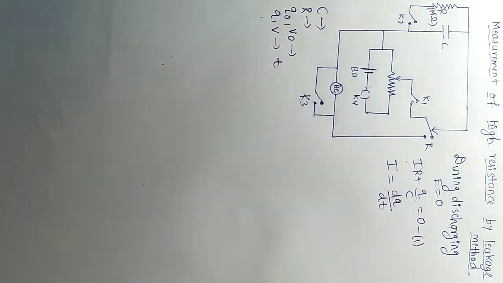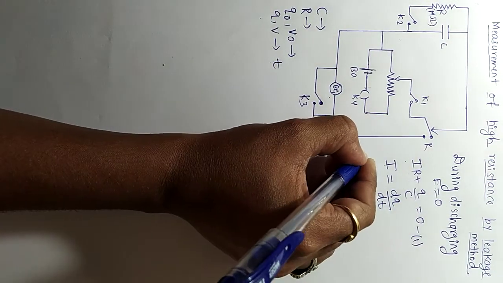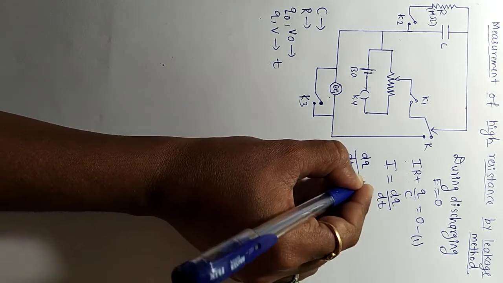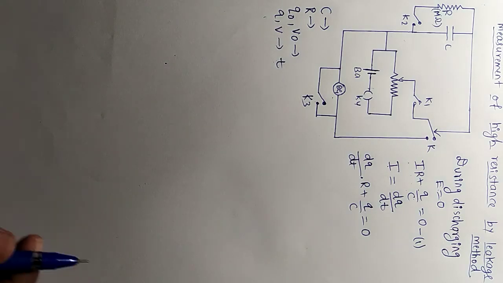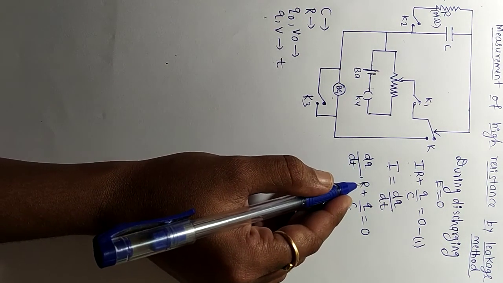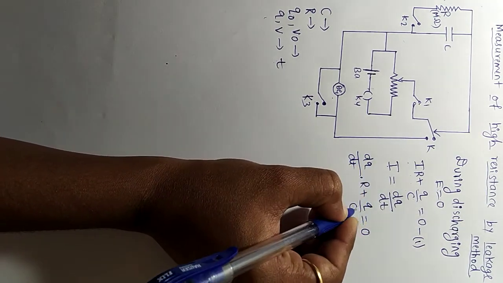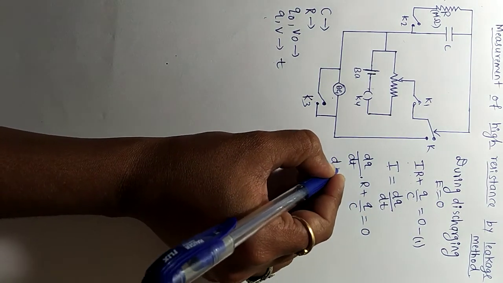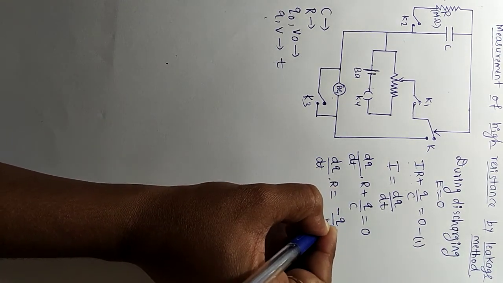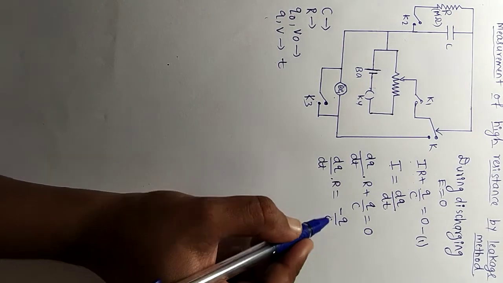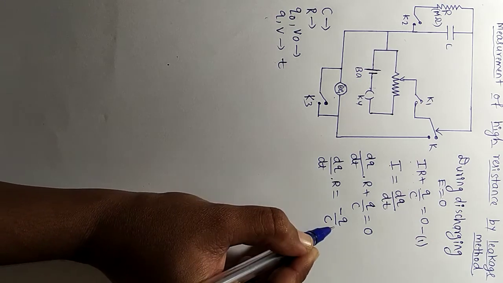Substituting in the first equation, we are getting dq by dt into R plus q by c is equal to 0. Now I'll put the q terms on one side and the other terms on the other side. By rearranging, keep this term here and transfer the q by c term to this side. So we are getting dq by dt into R is equal to minus q divided by c. And as I am keeping q terms on one side, I'll transfer the dt and R terms to the RHS.